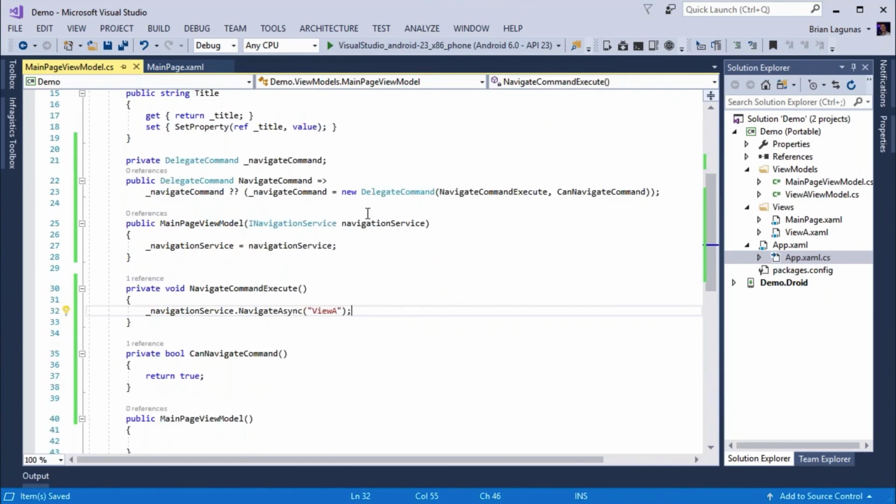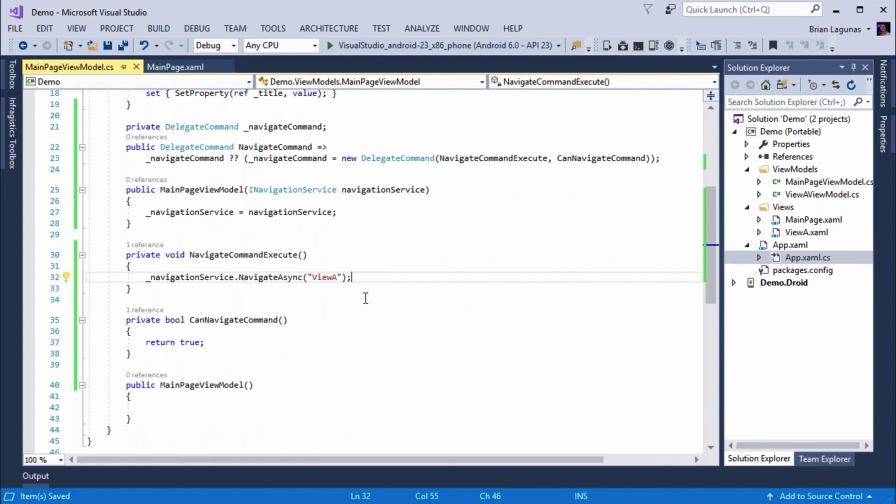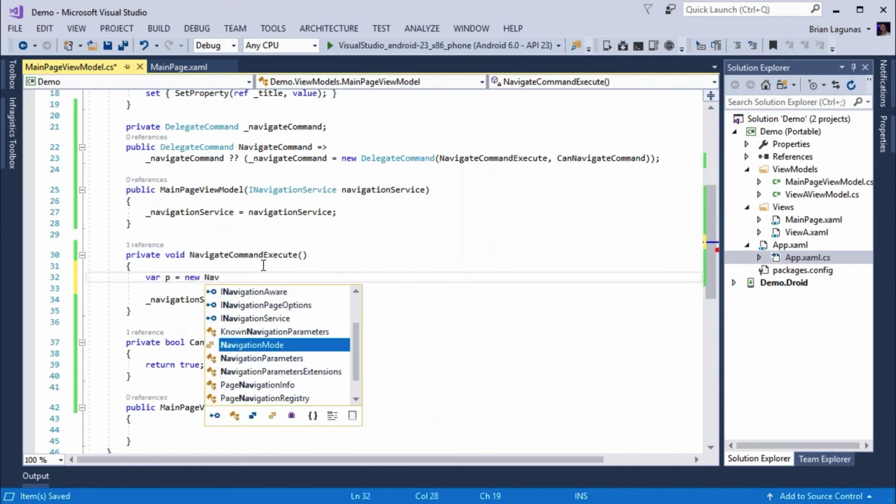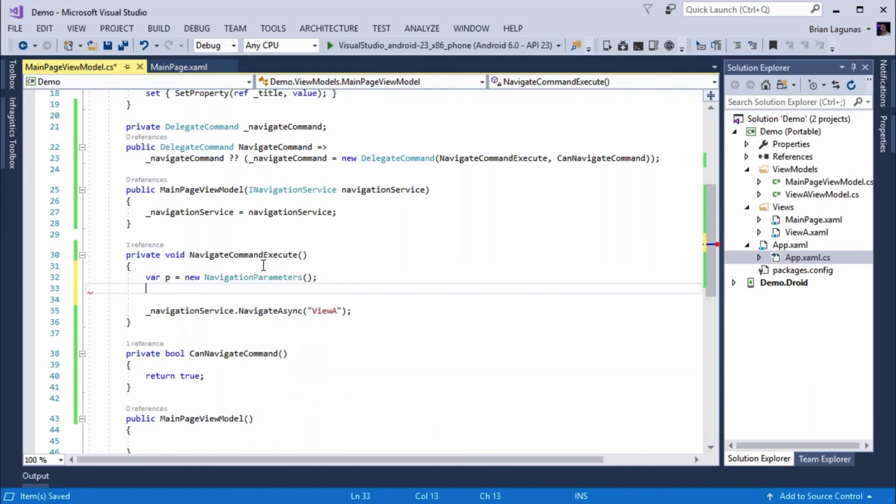So now that we have view A, we can navigate to that. We got to talk about other things, like for example, passing parameters. Like I have information from this view model, I need to get to the other, but I don't have any reference to that target view model or that target view. So how do I pass parameters to that? Well, we have a couple options. First, we can create a new navigation parameters and add something like ID and then some value, I don't know, 10, all right, whatever,